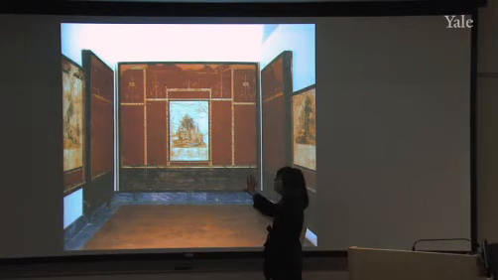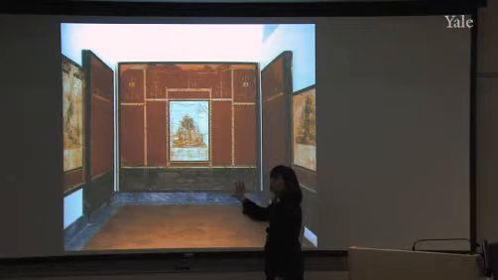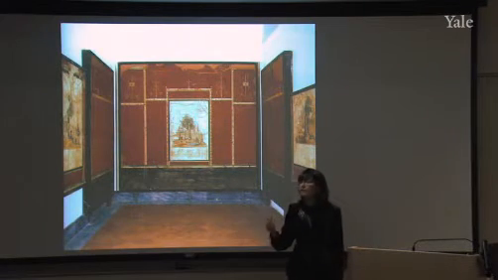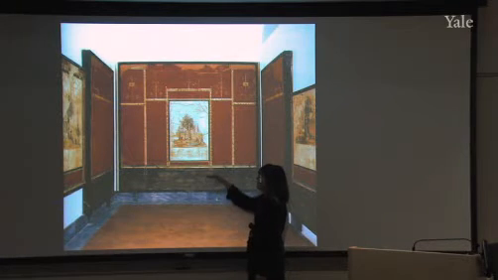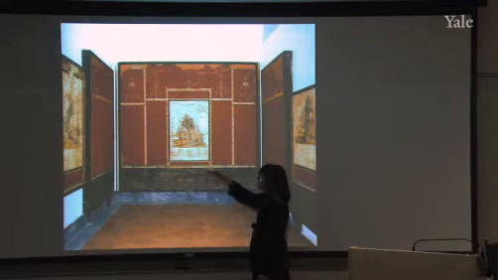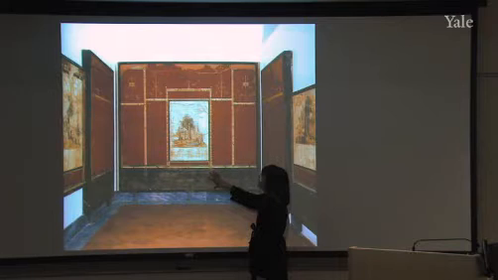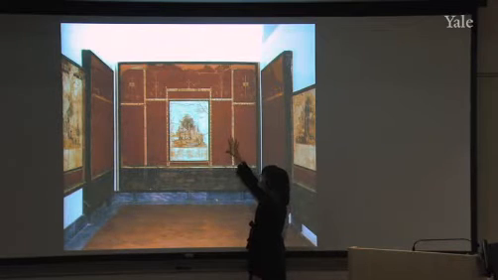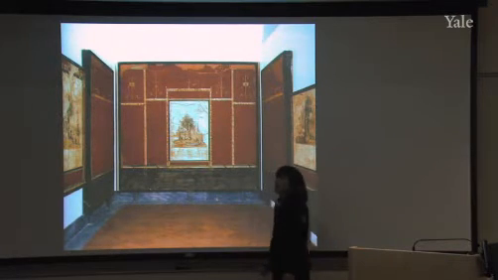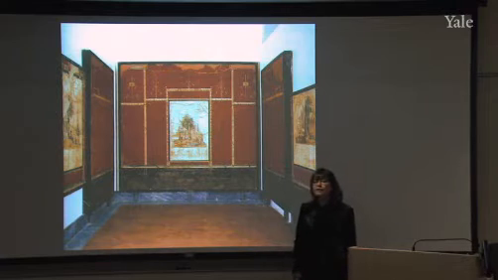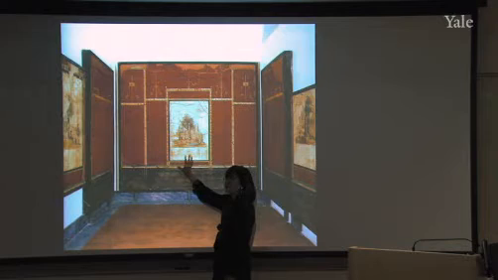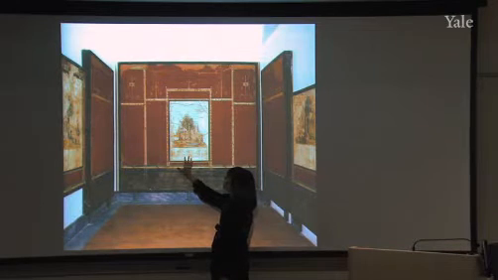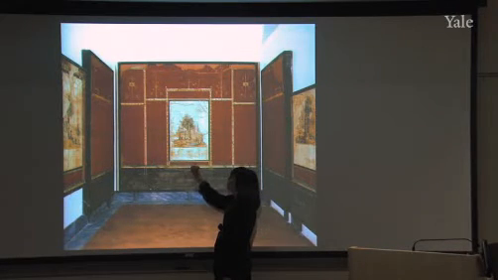Respect for the integrity of the wall, the flatness of the wall as a surface to be decorated. We see that they have decorated it with a system of tiers, a black socle at the bottom, then a red central zone and a red upper zone. And by the way, we still get some sense that they have looked at earlier second style wall paintings, because if you look at the overall structure of this wall, for example, there still